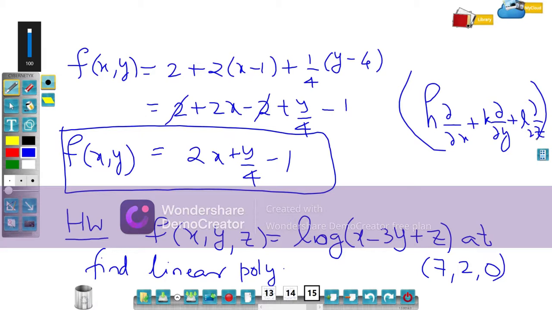So based on that you can easily find the linear polynomial associated with this. So Taylor series basically gives a very nice means to find the approximation of a function if it satisfies the criteria of Taylor's theorem. Then you can easily approximate the function using the Taylor series expansion. So it has a tremendous application in numerical analysis and even in higher mathematics. So thank you.